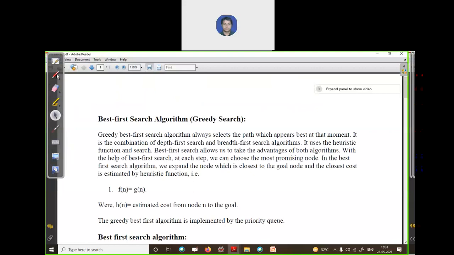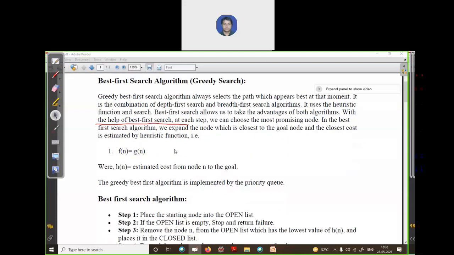The next is the best first search algorithm, which comes under the informed search techniques, which use some kind of heuristic. Again, I'm not reading what is written here in the document. I will share it with you. I'm just directly showing the algorithm, how this technique works.